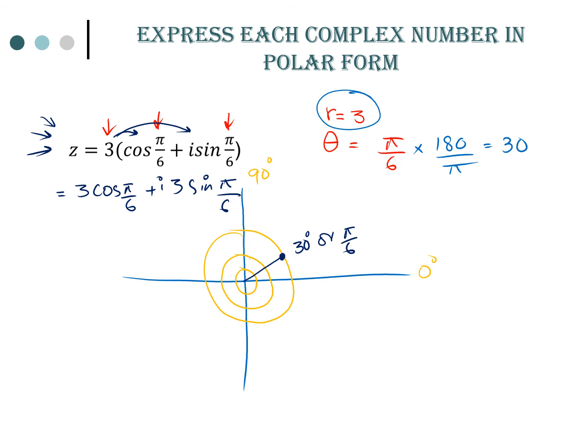that 3 iota sine pi over 6 and get the answer. So let's take a minute and write it in the calculator and get the answer. Don't forget to put the brackets the correct way, and don't make a mistake while writing any of the values in the calculator. So we will get 3 square root 3 over 2 plus 3 over 2i. So you can see that we can sketch the number in the polar form, and also we can convert it into the rectangular form.